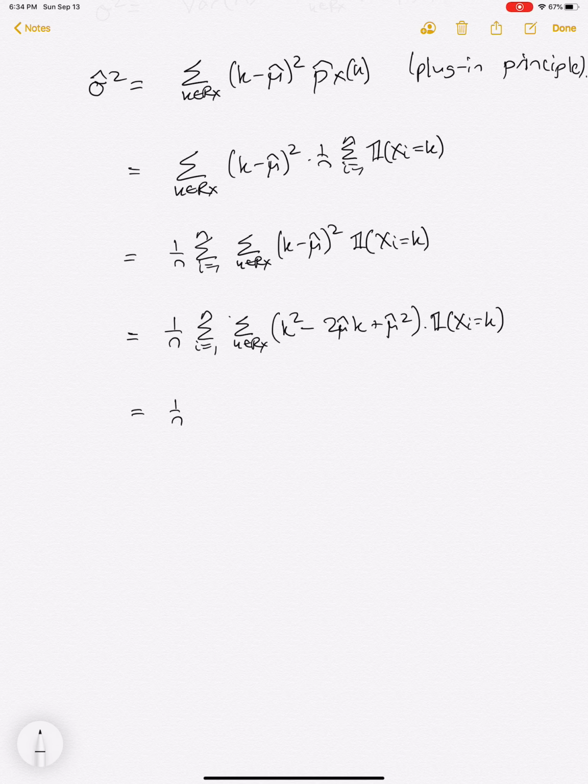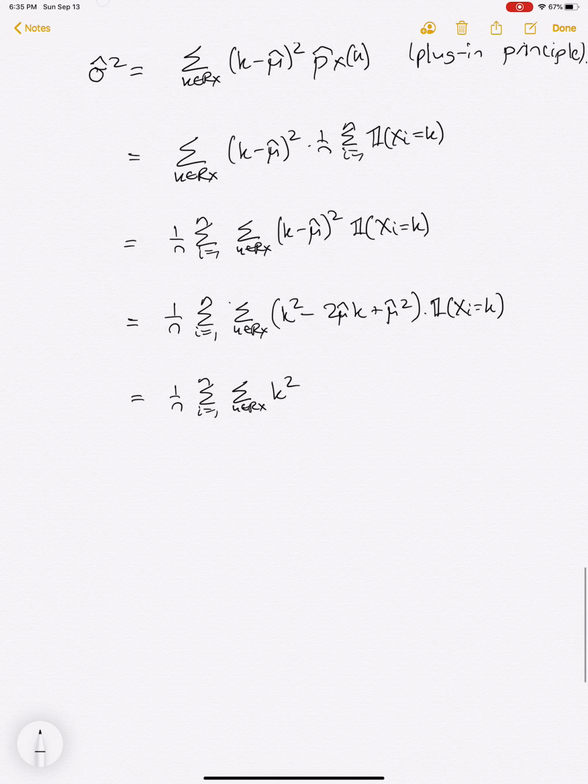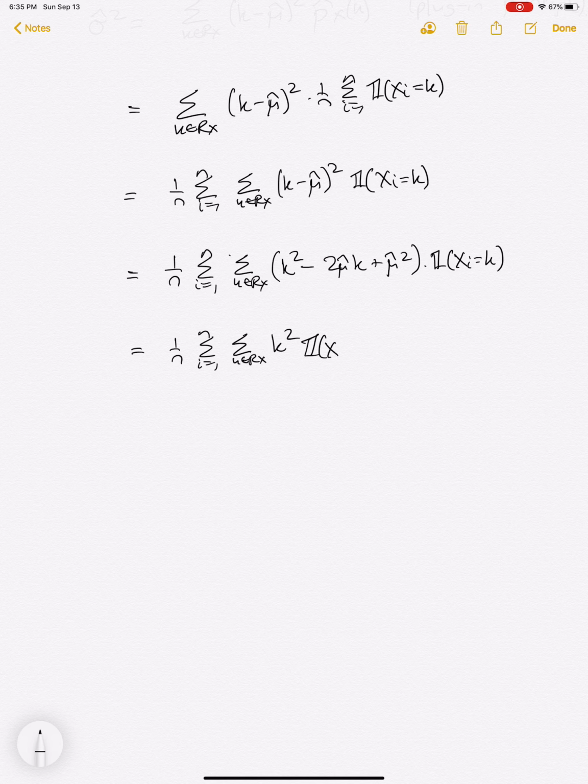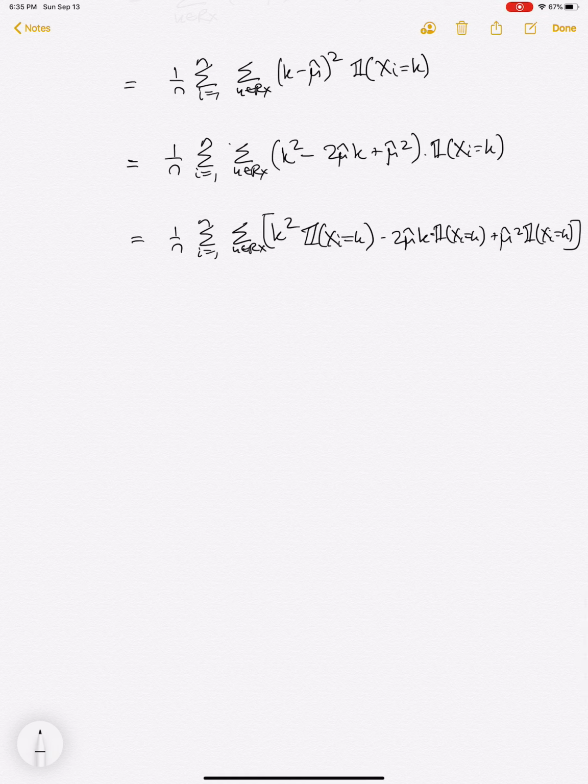Okay, and so you can see that when you do this sum over k in Rx, you're again going to, using the standard properties of the indicator and the fact that we're summing over all these different sums, get this as just